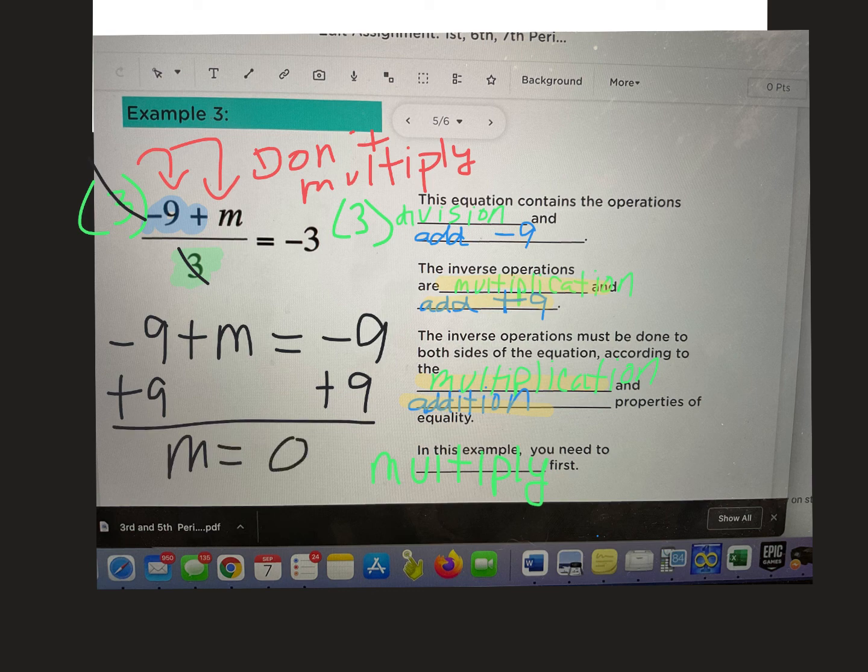So in a case like example 3, you don't have a choice. You have to multiply first. That's why I don't like how middle school teachers drill in your head, like, get rid of the extra number first. No, not necessarily, because sometimes you can't. Sometimes you cannot get rid of that one first. All right, so those are the only